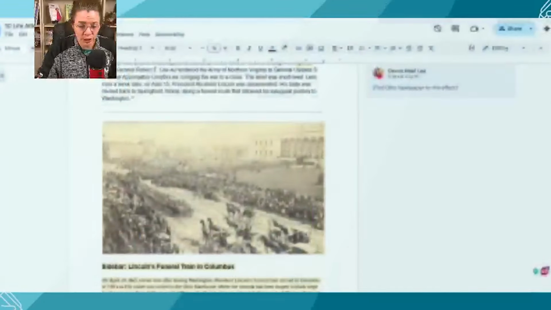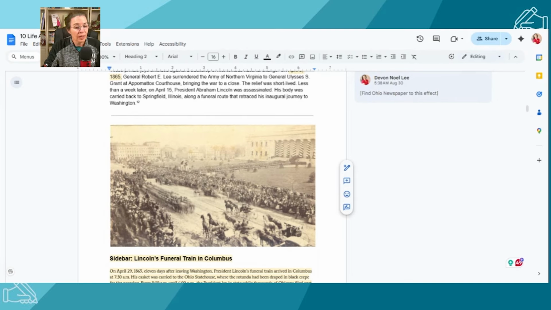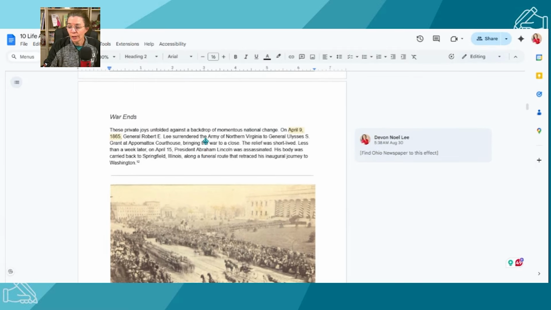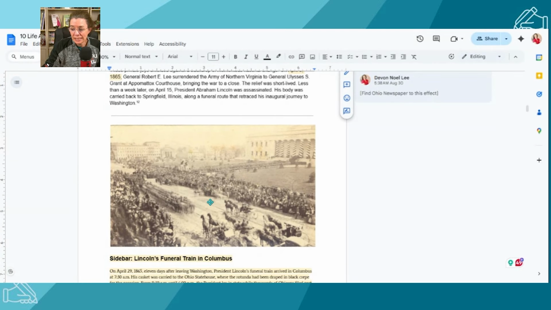So let me share a few more things that I wanted to share with the coaching call, and that is a few more of the ways that you can add some historical context. Now, my ancestor lived in the Civil War, and after the Civil War, President Lincoln was shot. And so I went ahead and incorporated the details about the fact that Lincoln's funeral train took the body through